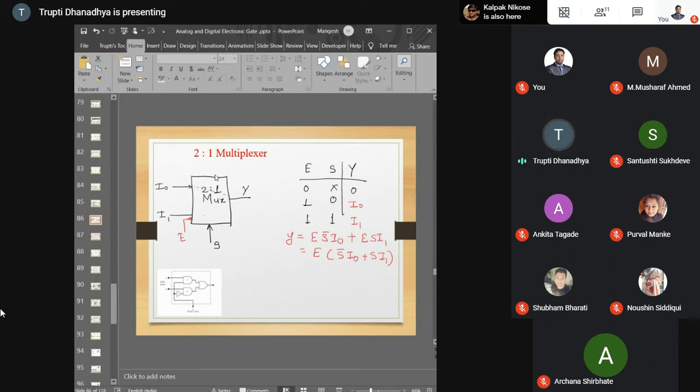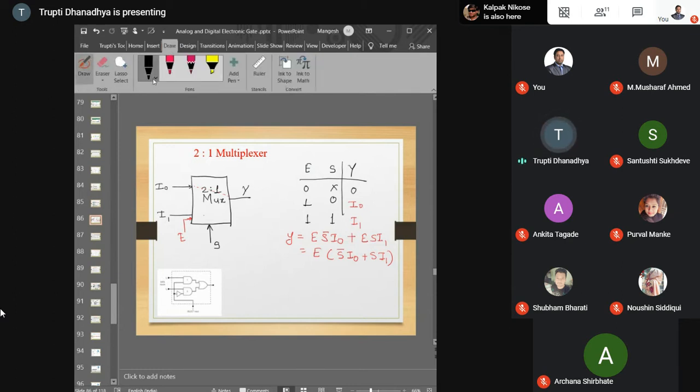Suppose I want to design a 2 to 1 multiplexer. So one example is this 2 to 1 multiplexer. There are 2 inputs. I already told you 2 is representing input and 1 is representing output. This is your 2 to 1 input and output relationship. Then here is an enable line. This enable line works as follows: if enable is equal to 0, at that time the system is not operated, and if enable is equal to 1, at that time the mux is operating. The mux gets operated.